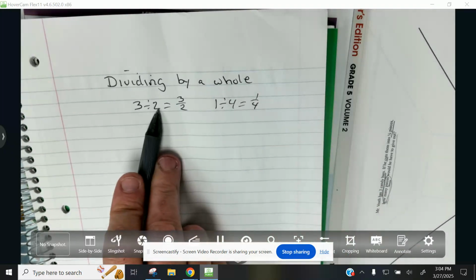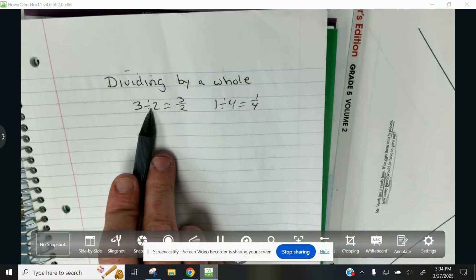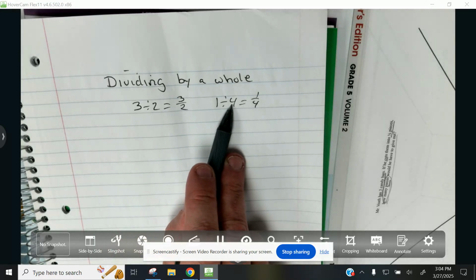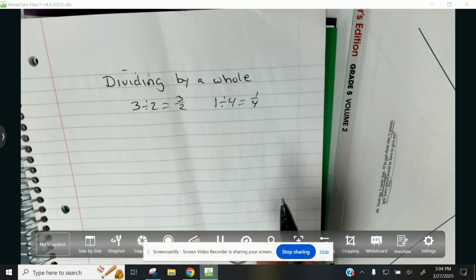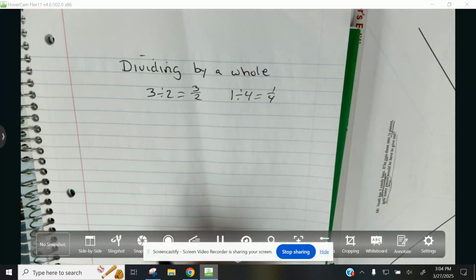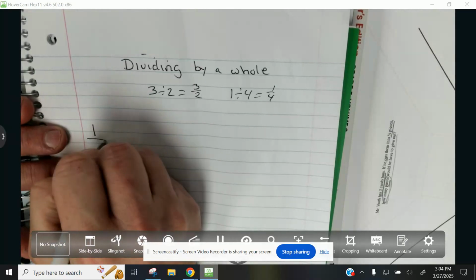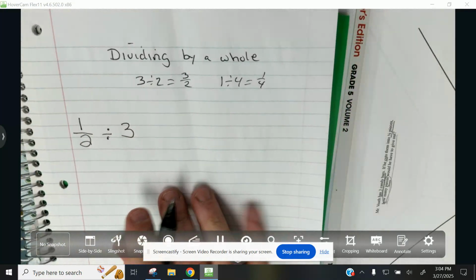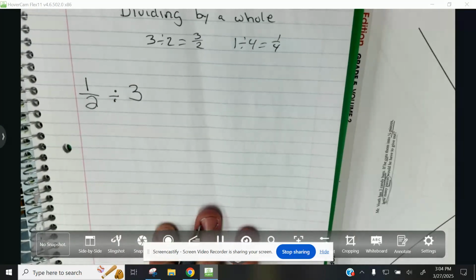So if you look, we're dividing by 2. I have 3 apples. I'm splitting them into 2s. I have 1 pizza. I'm dividing by 4 people. So that's what I'm doing here, except now I'm going to have a fraction to start. So let's see this. If I have 1/2 and I'm going to divide by 3 people. So again, if you just keep with the concept, what I have